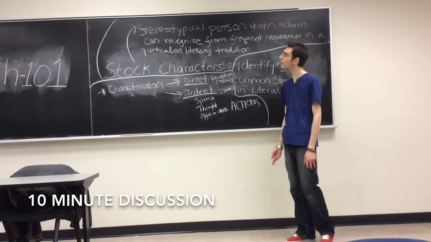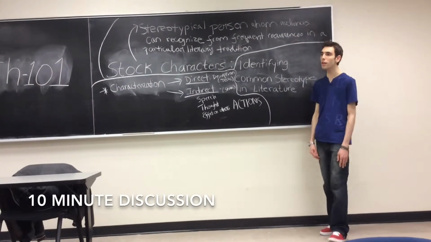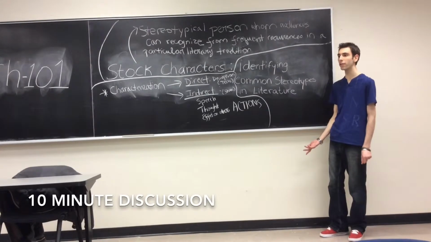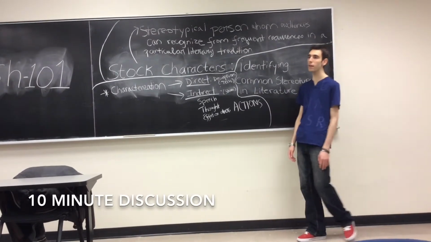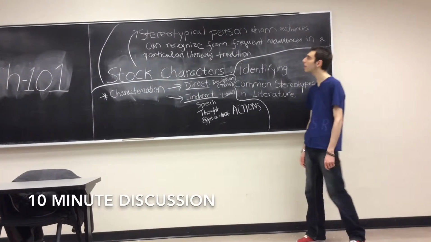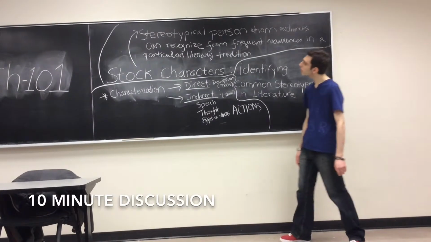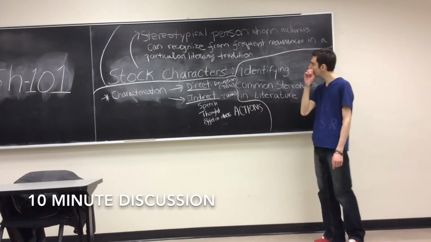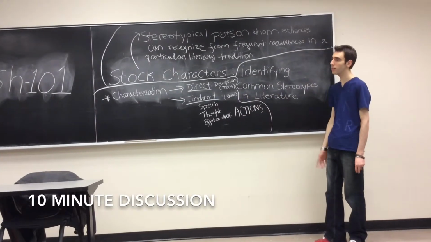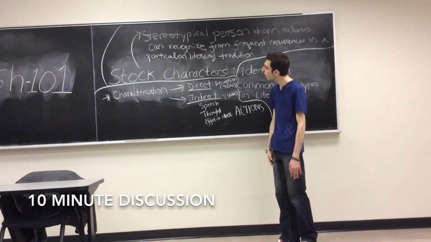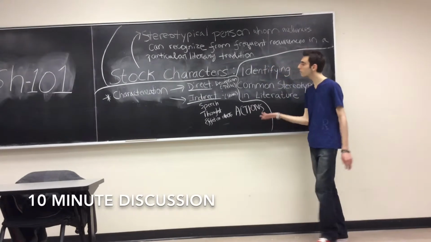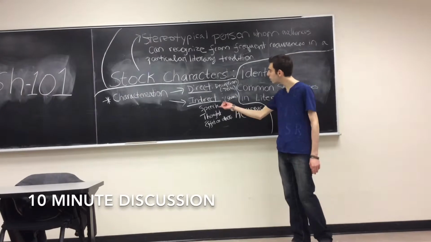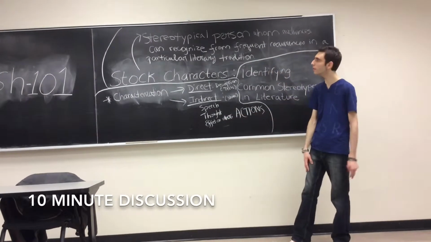Okay, so that would be an example of a character from a TV show. But characterization actually deals with the description of that character. So if you gave an adjective to describe Sheldon, for example, that would be characterization. So characterization can either be direct or indirect. A basic description that tells you what the character is or who they are would be direct characterization. And indirect characterization would show you how the character is through actions or speech or thought or effects on others.